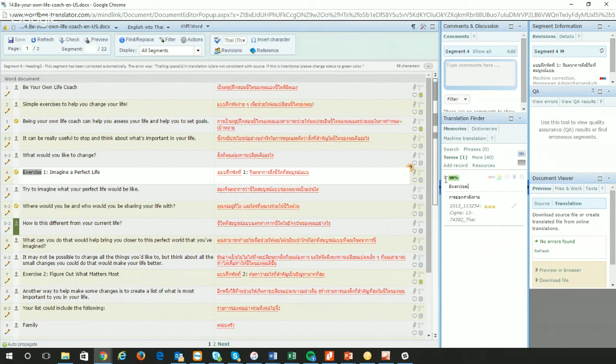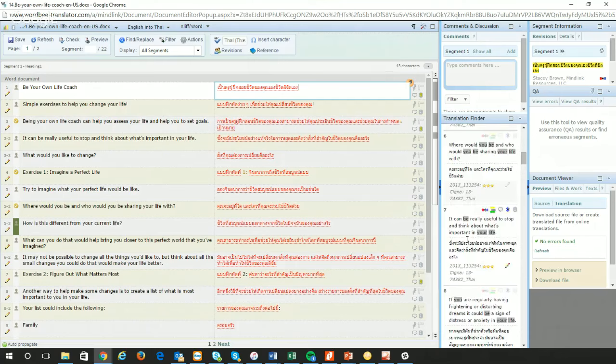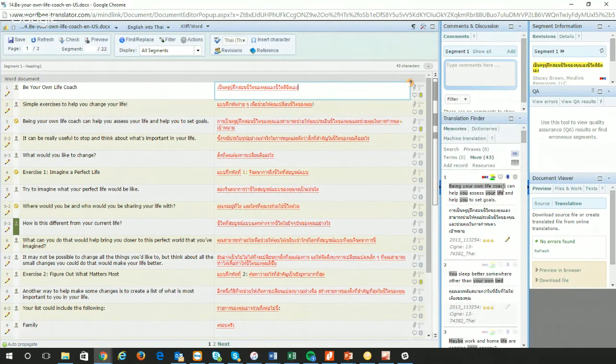And then of course you have your memory and glossaries over here. Those are important to look at because they help you. Of course, the translator should be looking at these as well, but it's a good idea to follow along and make sure they use the proper glossary and terminology. Some of our clients have a very strict requirement to use the glossary. Even though it's counterintuitive of what you want to say, it's still the requirement of the job, and as a proofreader, you need to make sure that that's followed.